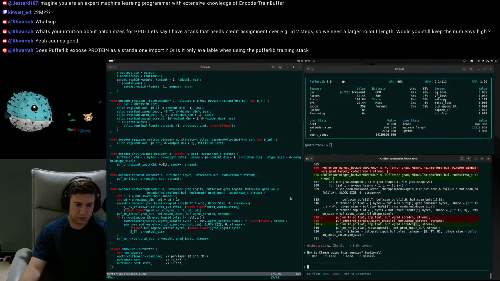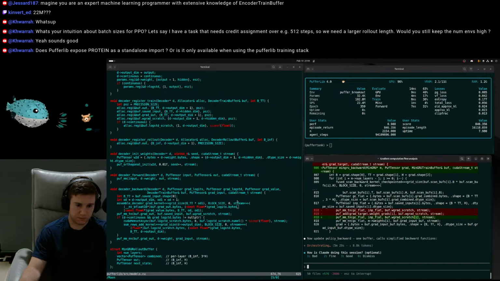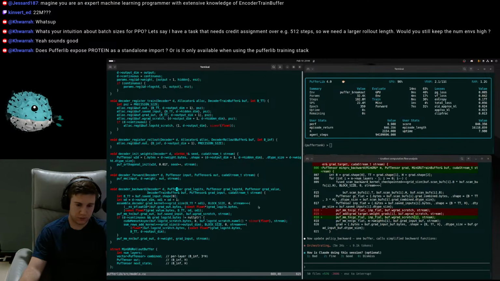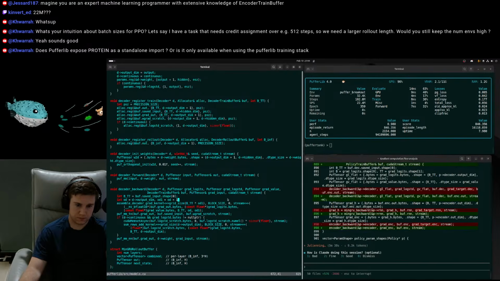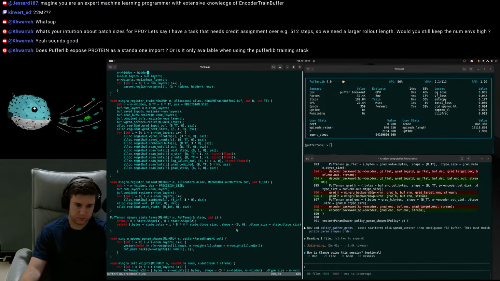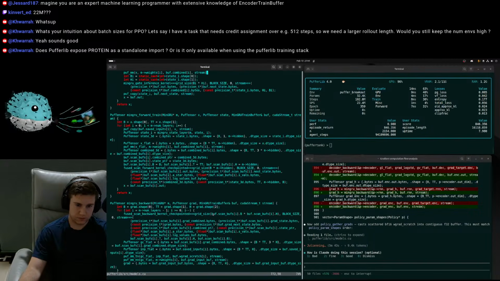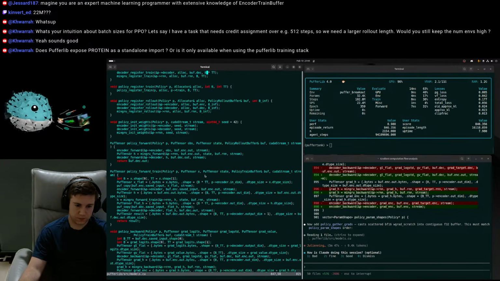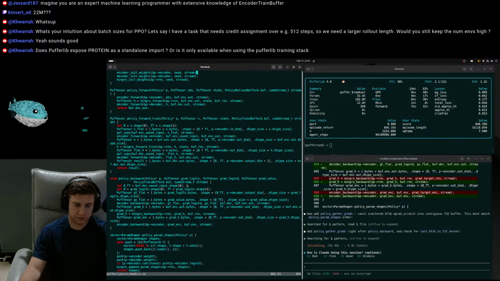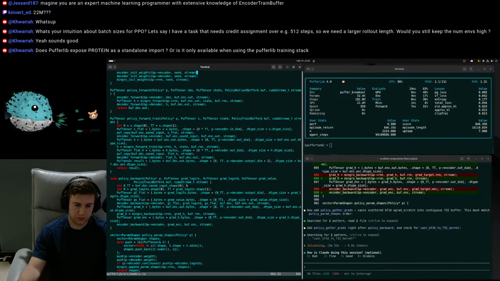We probably can just put some stuff in, like these grads and stuff can go into a buffer. Let's see. Yeah, that's substantially easier, isn't it? There's still a bunch of stuff, but